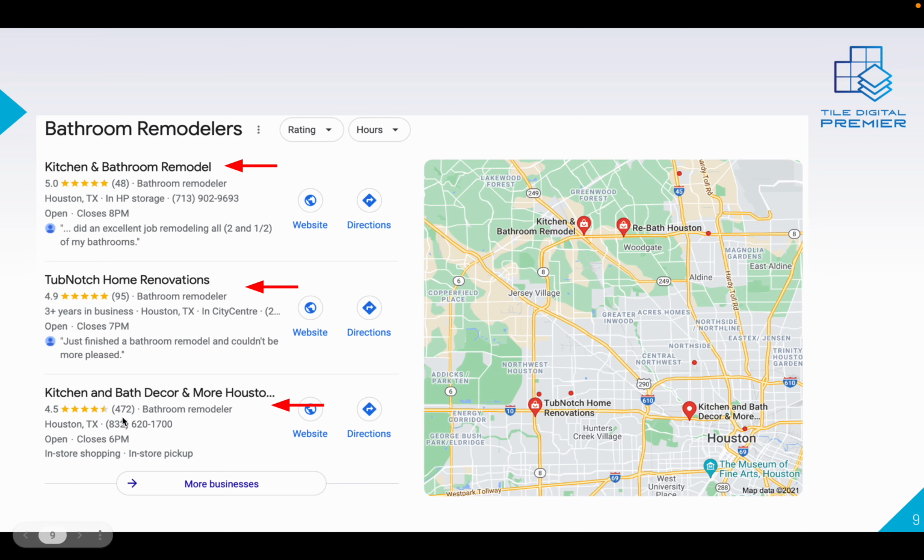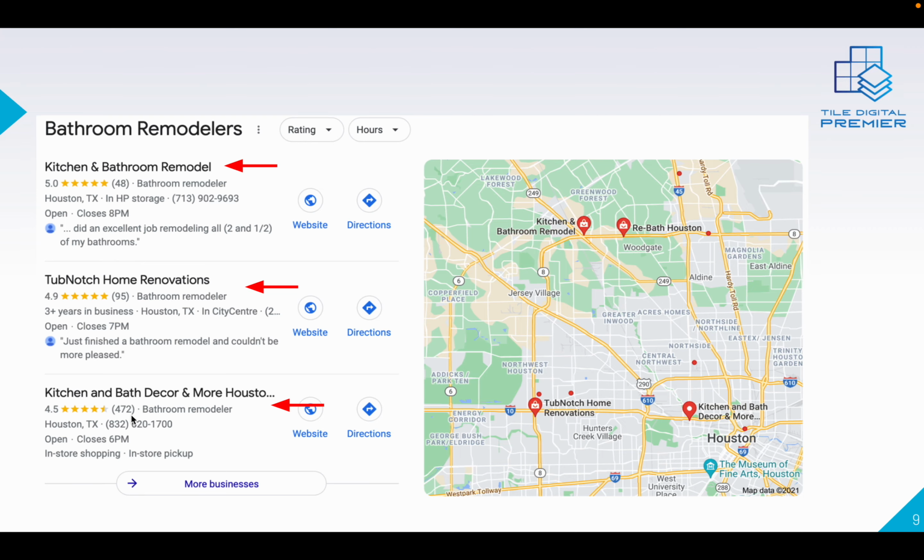I choose this one. 472 reviews. That's amazing. That's just wow, right? When somebody sees this, they feel more comfortable. They've obviously been in business for a way longer time and serviced so many people. And to tell you the truth, guys, it's really hard to get a review. Not everybody leaves a review. Maybe 1 out of 10 will leave you a review. So if you think about it, if we use that 1 to 10 ratio, these guys are killing it,